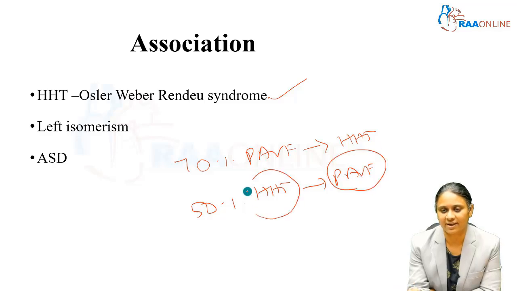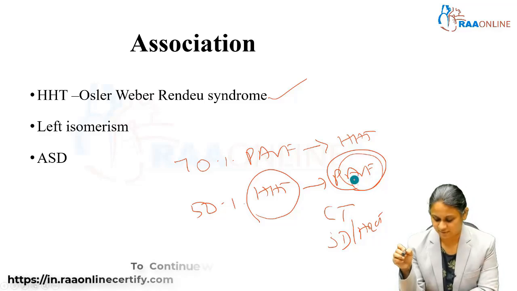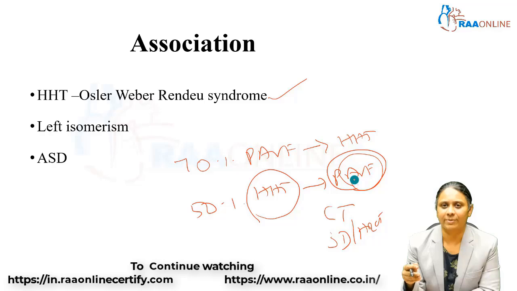So all patients with HHT should be screened with a CT either with 3D or by HRCT for presence of pulmonary AV fistula. This can be a source of major bleeding because of rupture of the fistula's aneurysmal tract into the pleura or into the lungs, resulting in